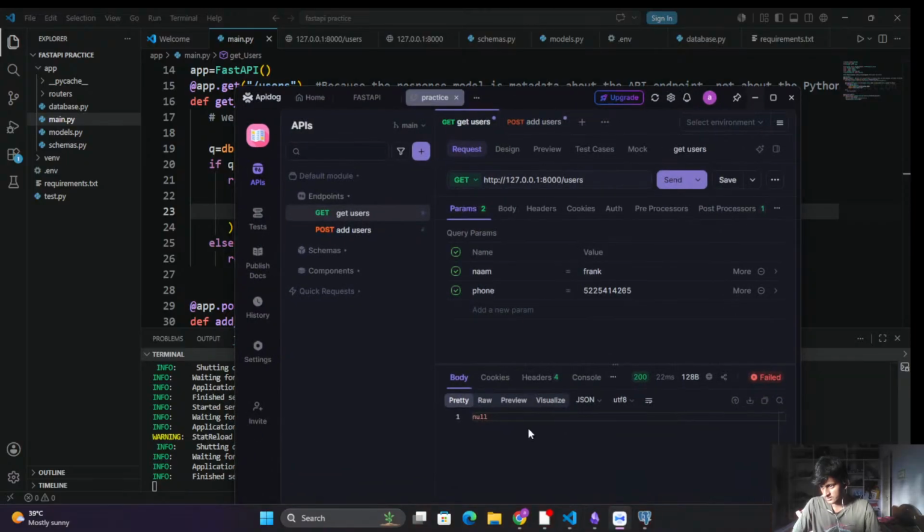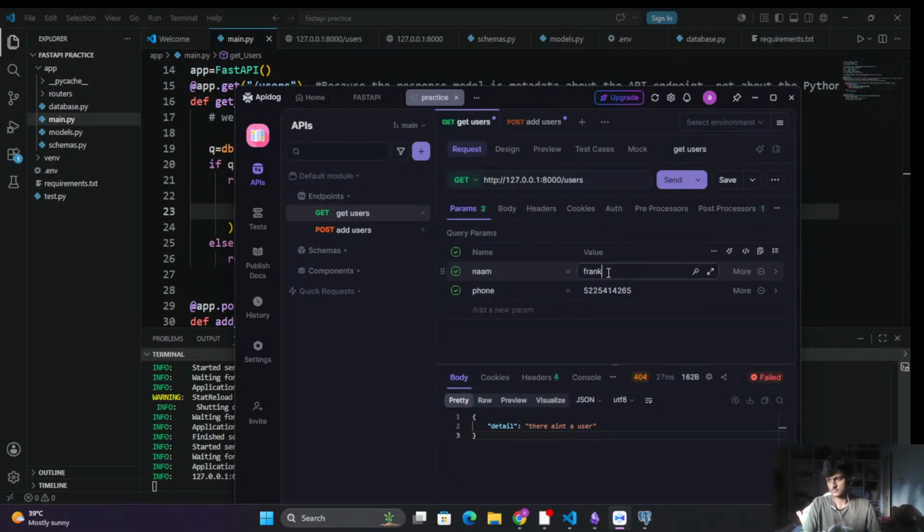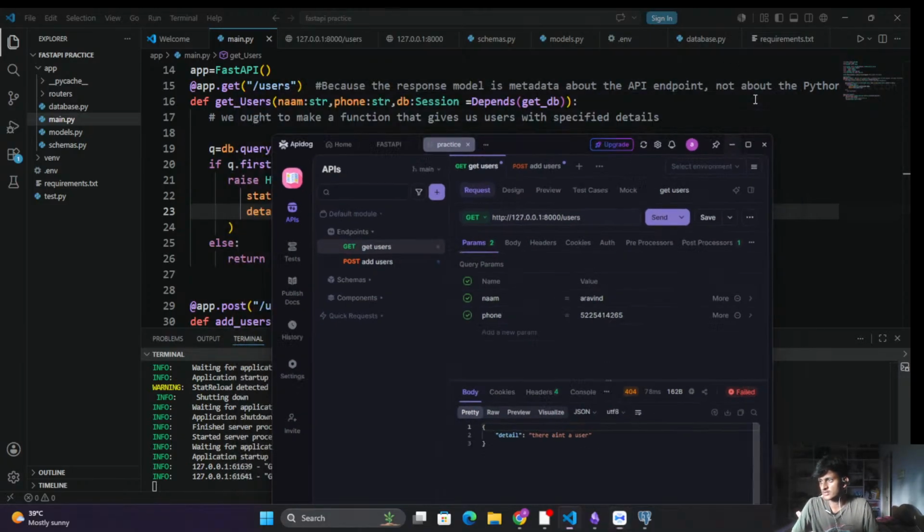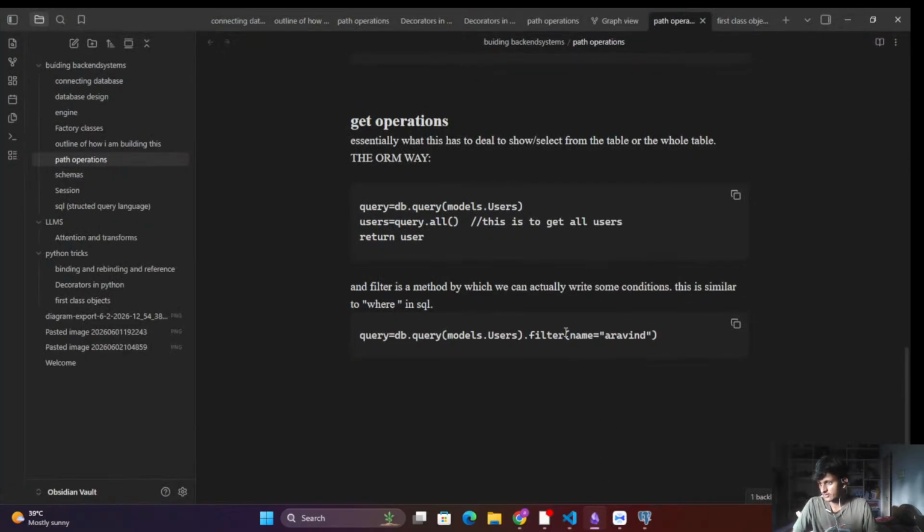Let's just hit the endpoint and see. So I send it. There ain't a user named Frank with those corresponding name and contacts on my phone. Let's say, if there is a guy named Arvind, there isn't any, thank God. Let me write it in my notes: to filter someone you need to do this. Alright, and also